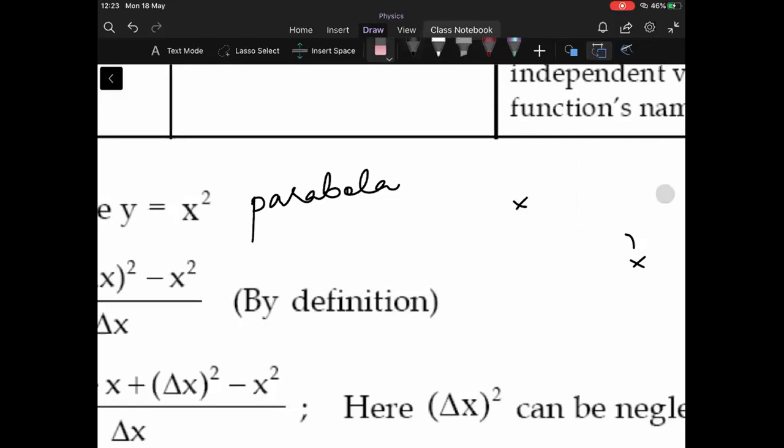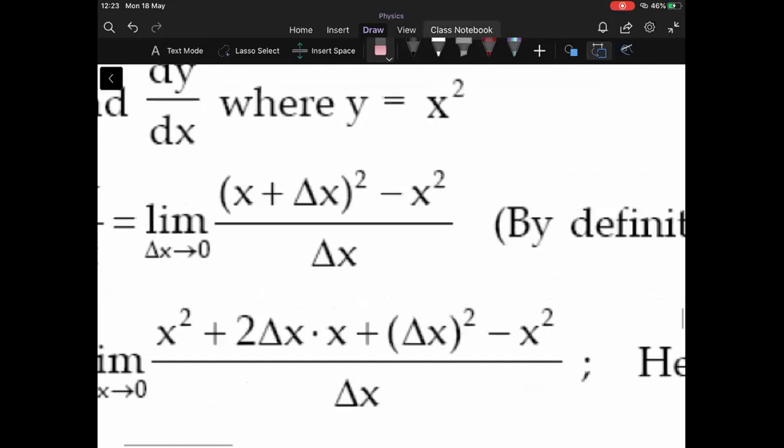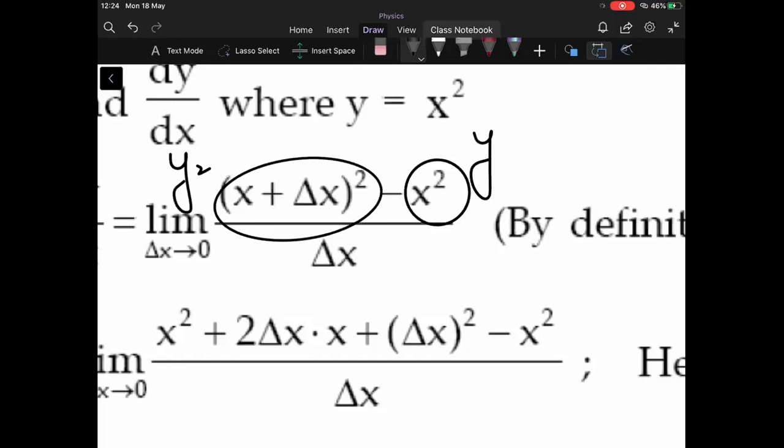Okay, so how do we find the relationship for the slope of the curve y is equal to x square? What we have done is we have applied the process of finding the slope dy by dx in terms of the limiting value of delta x. So you substitute the value of x2 as x plus delta x. Okay, so what is this? This term is nothing but your y2, and this term is nothing but y1, because y2 stands for the value of the function for x plus delta x, and y1 stands for the value of the function for x equal to x.